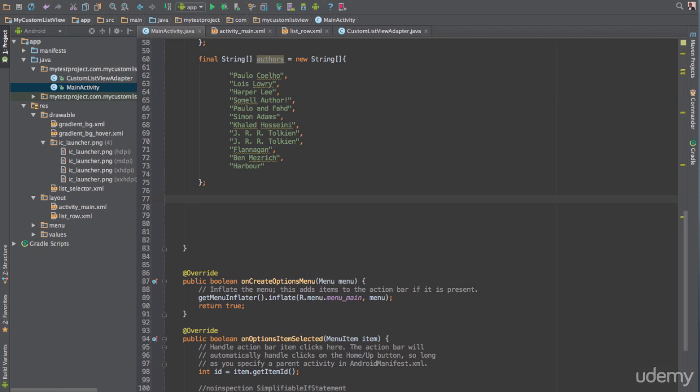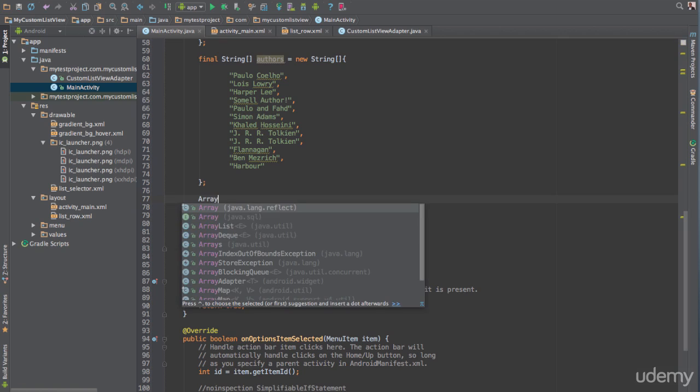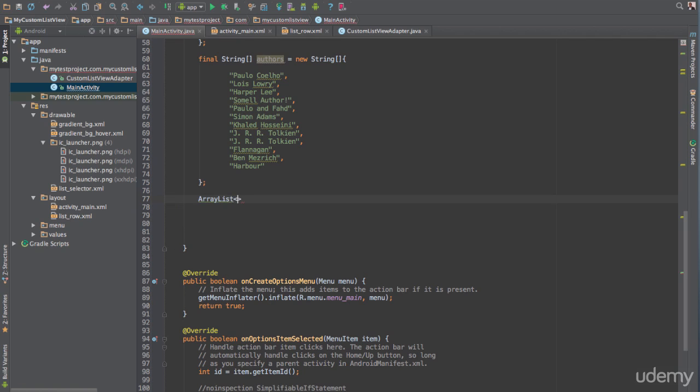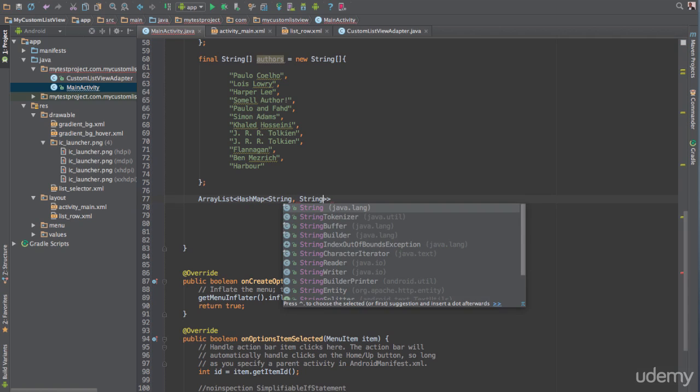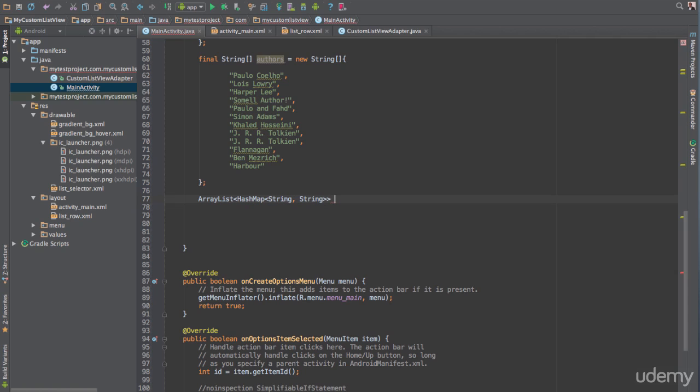We're going to create our data ArrayList. So we're going to say ArrayList, and of course it's going to take a HashMap. This HashMap is going to have a String key, and the value is also going to be a String type. And let's call this authorList